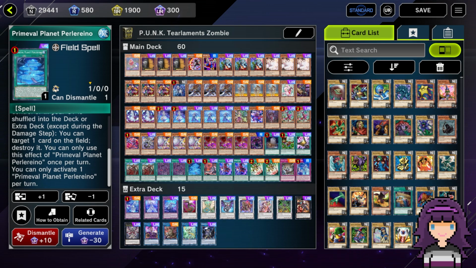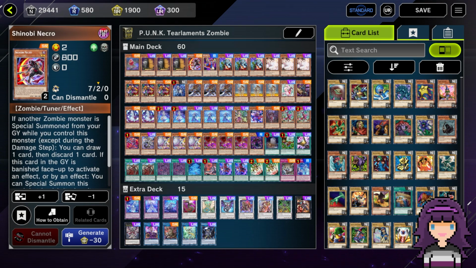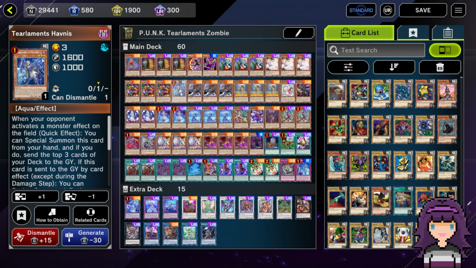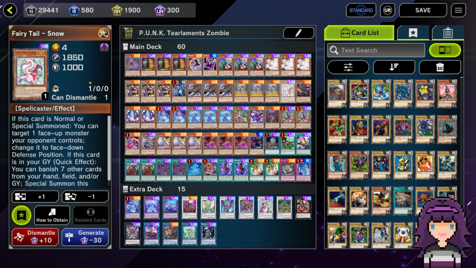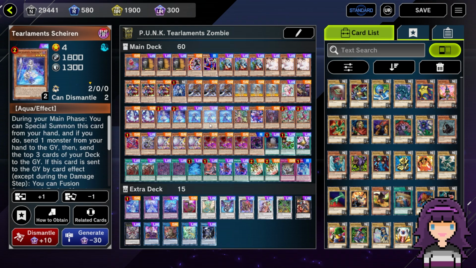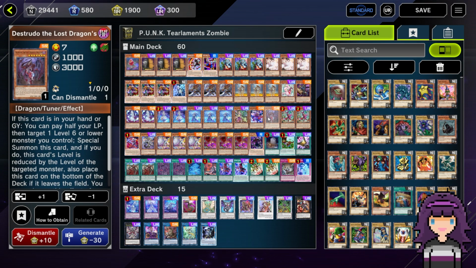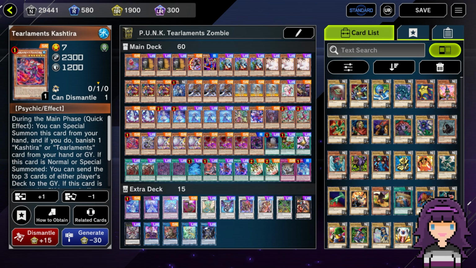We're on 1 Glow Up Bloom, 3 Maxx, 1 Shinobi Necro, 1 Mad Mauler, 3 Uni-Zombie, 3 Ash Blossom and Joyous Spring, 3 Noh-P.U.N.K Ze Amin, 1 Tearlaments Havnis, 3 Mezuki, 3 Shiranui Solitaire, 1 Fairy Tale Snow, 1 Gozuki, 2 Necroworld Banshee, 2 Tearlaments Schiren, 3 Tearlaments Reinoheart, 1 Noh-P.U.N.K Deer Note, 1 Changshi the Spirado, 1 Destrudo, the Lost Dragon's Fission, 2 Kashtira Fenrir, 1 Tearlaments Kashtira,